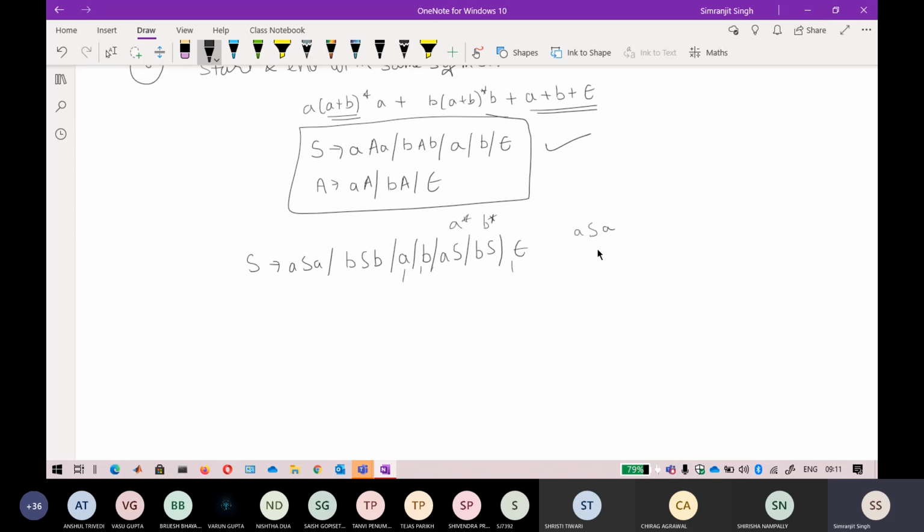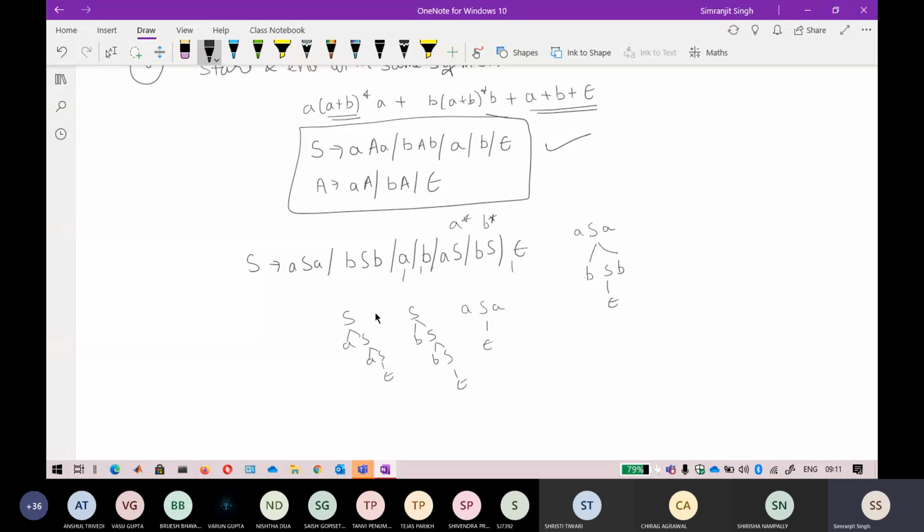Okay, so just let me see. I think that seems correct. Just let me verify it. Okay, so ASA, it means I can also write B from this S, and then how to stop it? I can stop it like this. Okay, it is starting with A, ending with A also. Yeah, absolutely. And if I do the smallest one, AA, that is also possible. And if I do A star, it is starting with A and it will always end with A. Yeah, absolutely correct. And if it is starting with B, it is always ending with B also. Okay, so that is also correct.